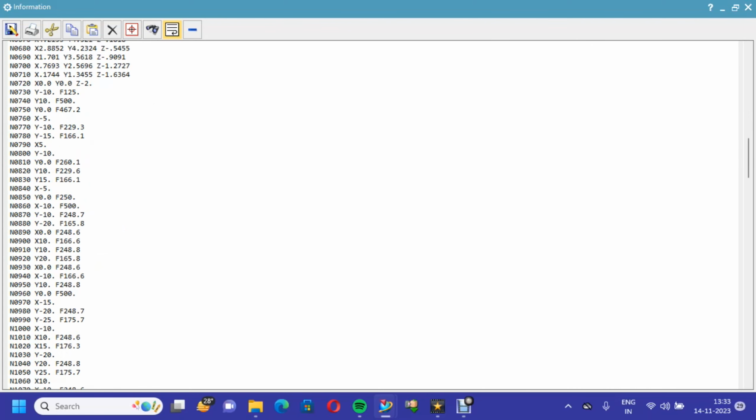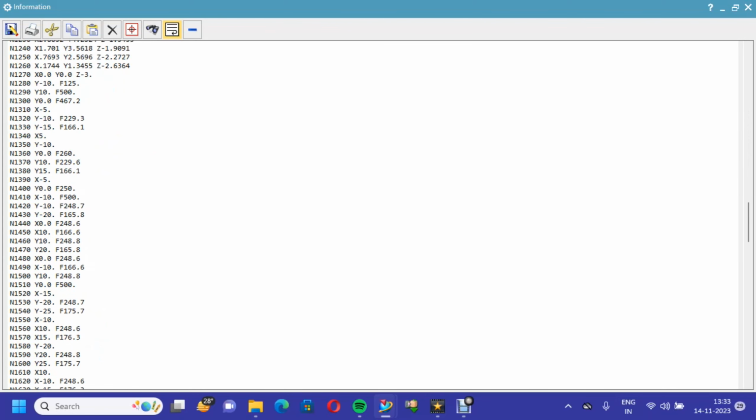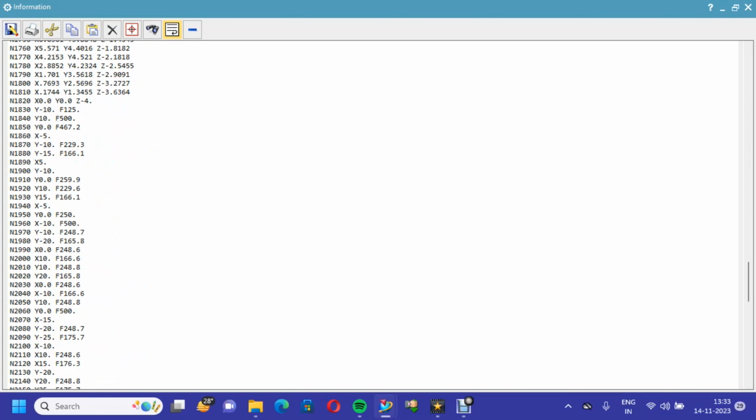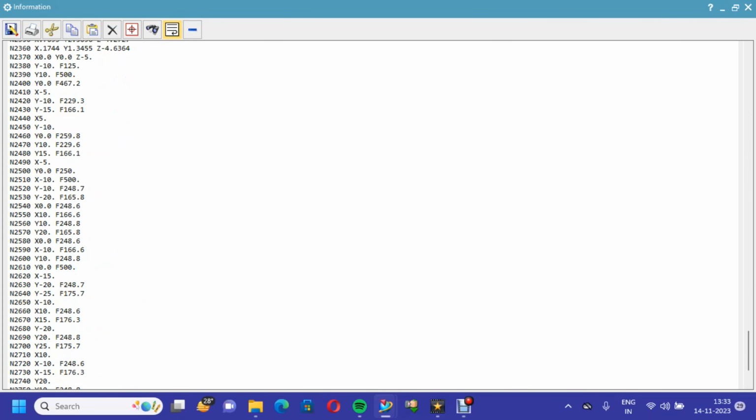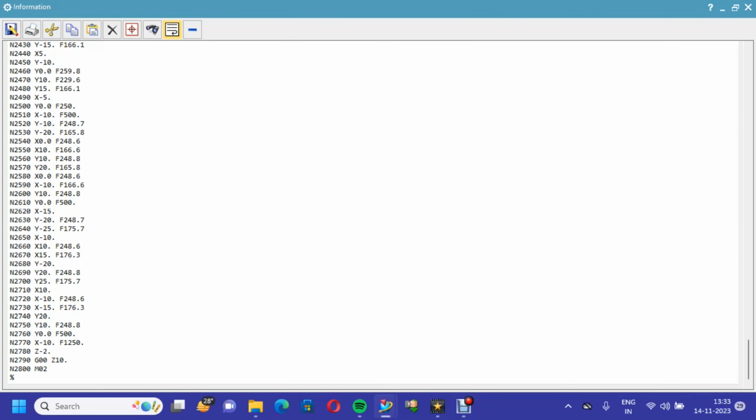Now it is taking material. Finally, you can see after completion of the cut, it goes back 10 mm. Now M02 is spindle stop. You can also edit here, make it